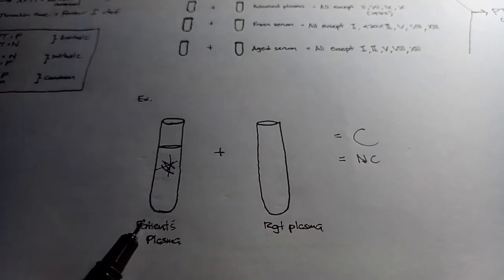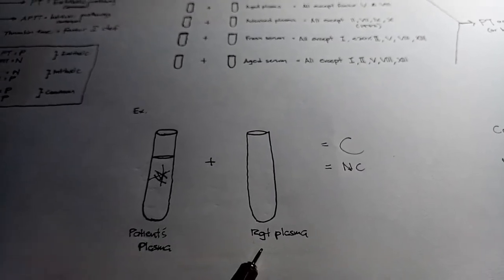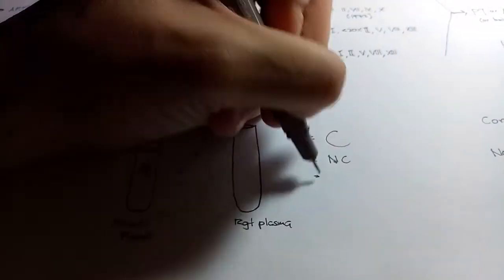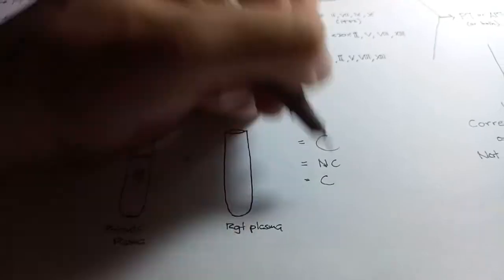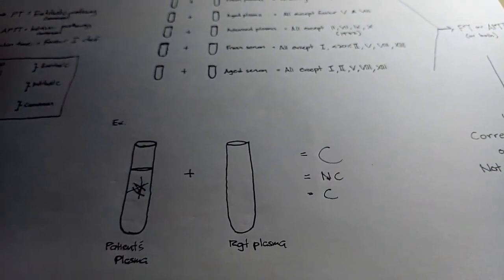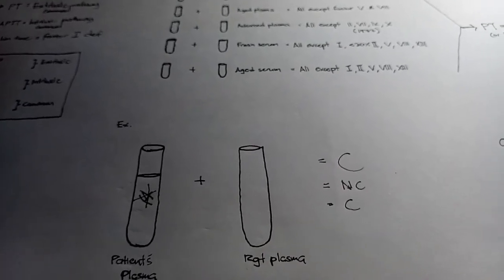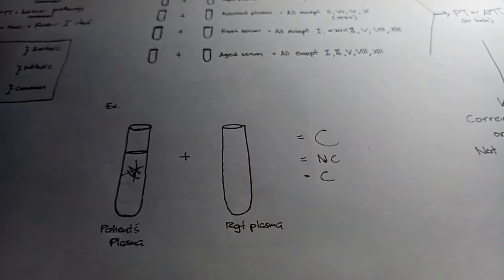Okay? So, mix mo siya sa adsorbed plasma. Ang adsorbed plasma, ang result natin diyan pag tested with PT or APTT will be corrected. Bakit corrected? Kasi ang wala lang naman na factor sa adsorbed plasma is factor 2, 7, 9, and 10. Di ba? Okay, so next